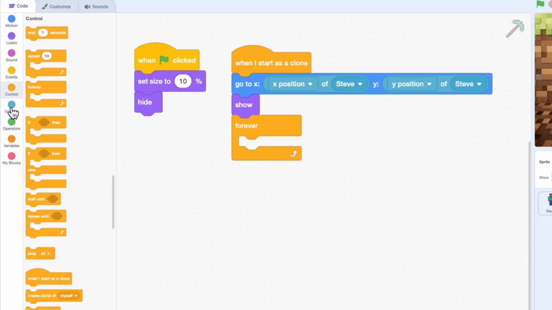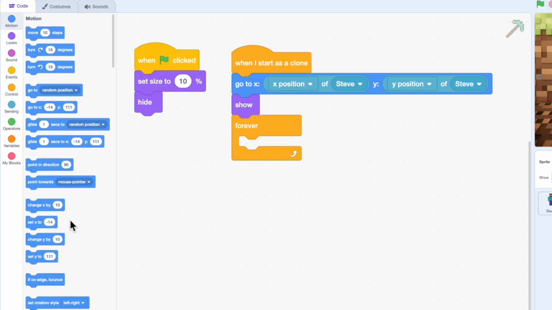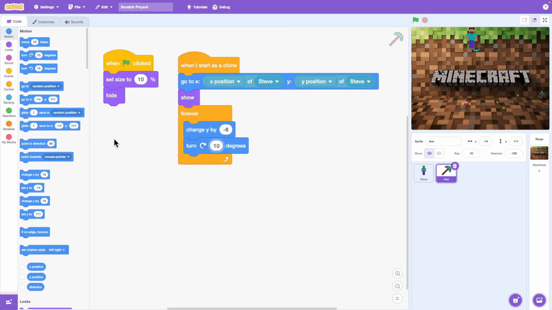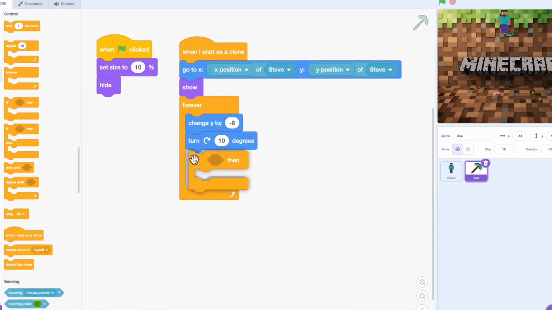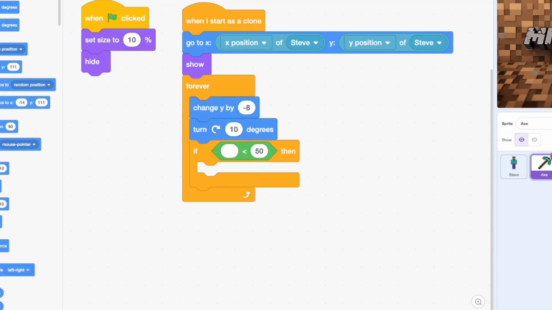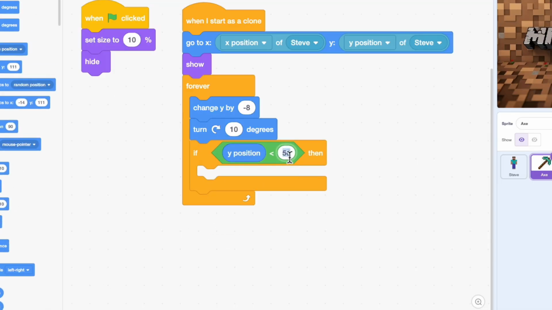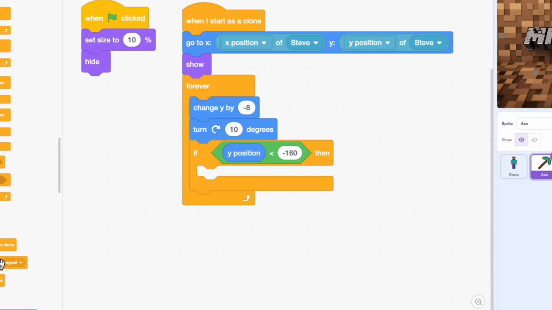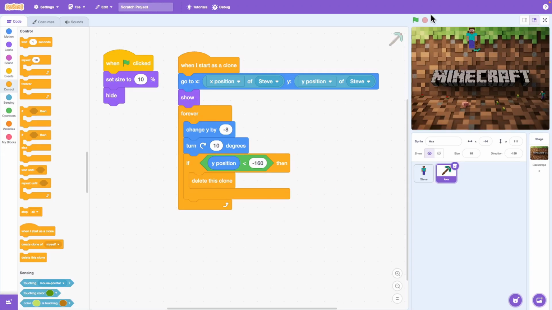Then use a forever loop to make the axe move. Change Y by -8 so the axe falls downward, and turn 10 degrees each step so it looks like the axe is spinning while flying. Finally, we need to remove the axe when it reaches the ground. If the Y position is less than -160, delete the clone. Now, every time we press the space key, Steve will throw a spinning axe that falls